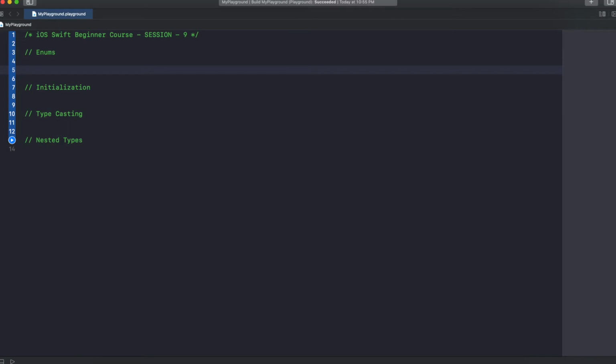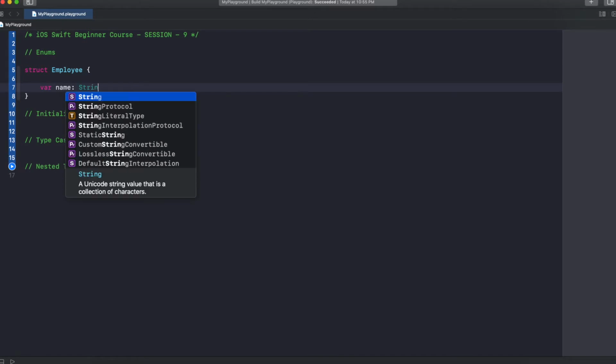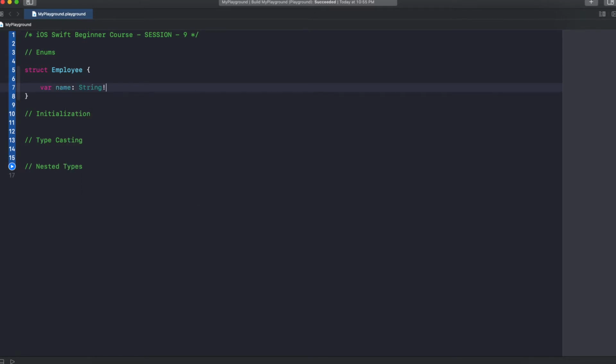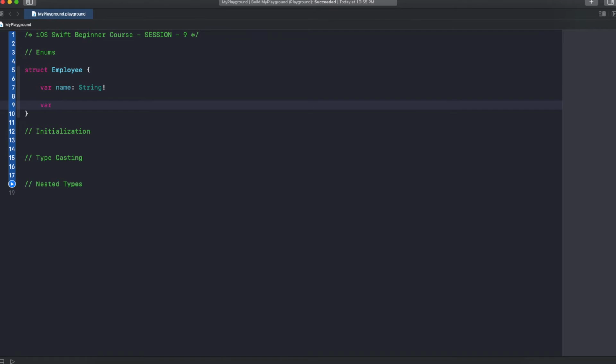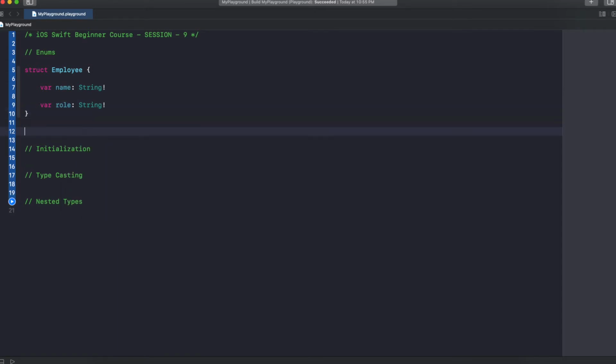Let's say I have an employee struct with a name, and let's say I call another property role. Role is a string, right? So how do we create an object for this employee?